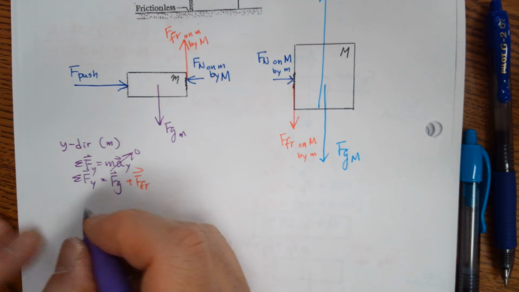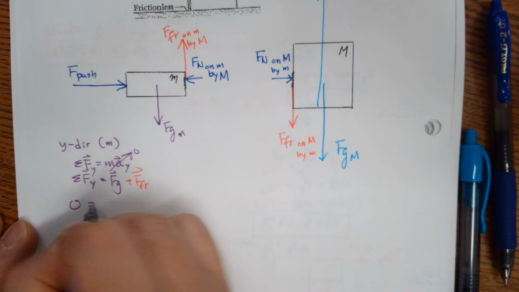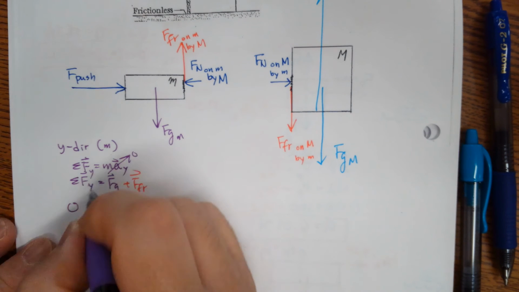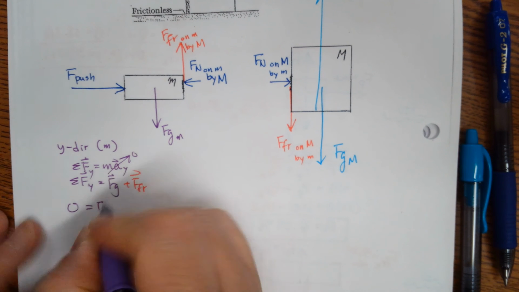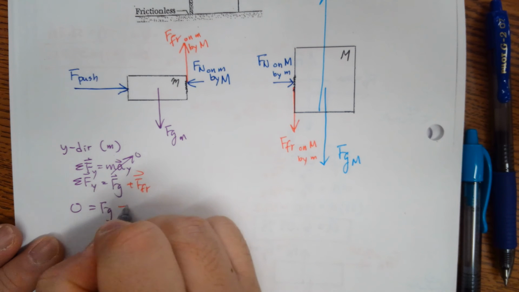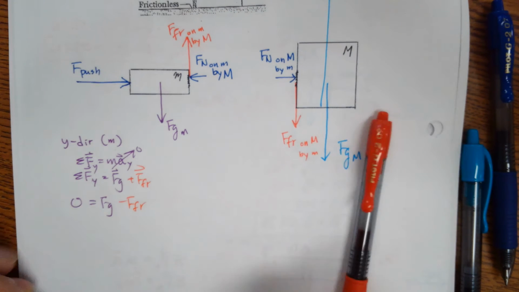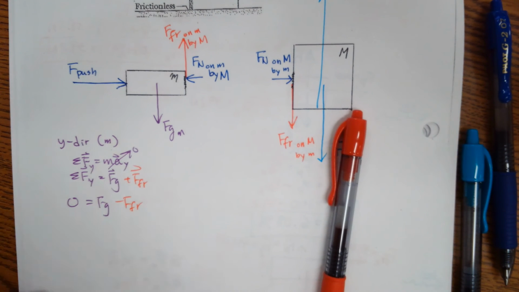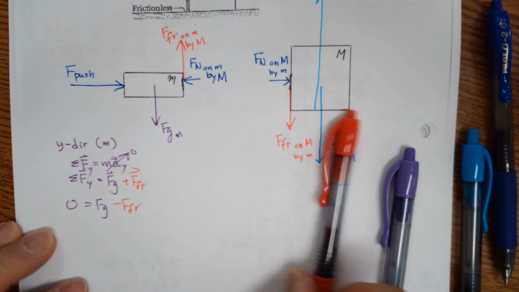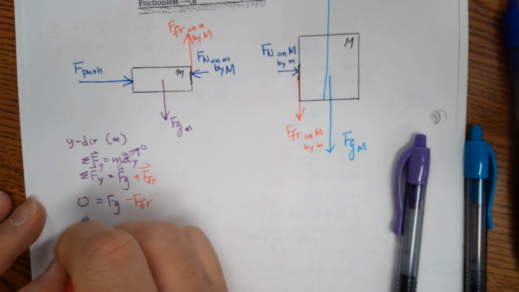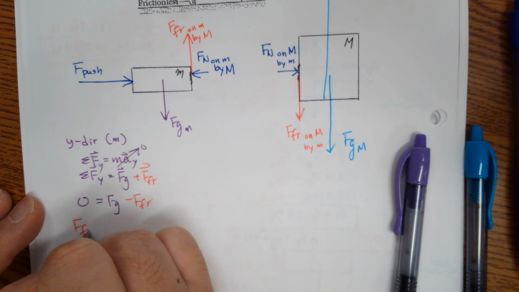Ay is 0. So here, I have 0 is equal to, I'll keep the Fg positive if you want, right? It doesn't really matter, minus friction. So my friction, right? My friction here is equal to Fg,